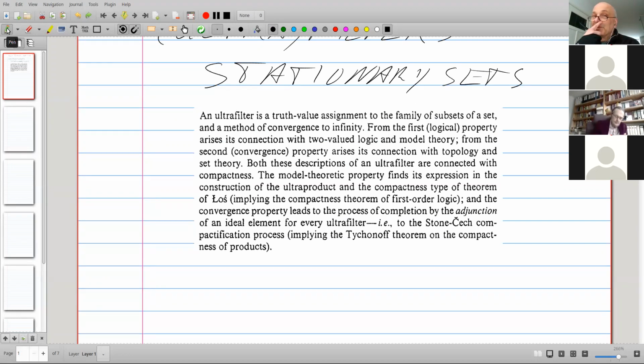An ultrafilter is a truth value assignment to the family of subsets of a set. We will see in a moment what that means. And a method of convergence to infinity. It's being used in topology as a way to add points to topological spaces, for example. And ultrafilters also feature in model theory, where you take ultra products. You can prove the compactness theorem for logic using ultrafilters, and you can do various other things with them.